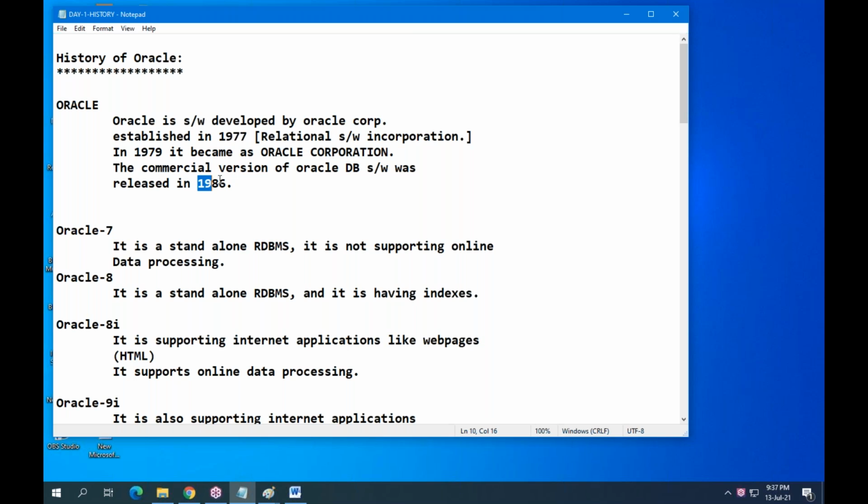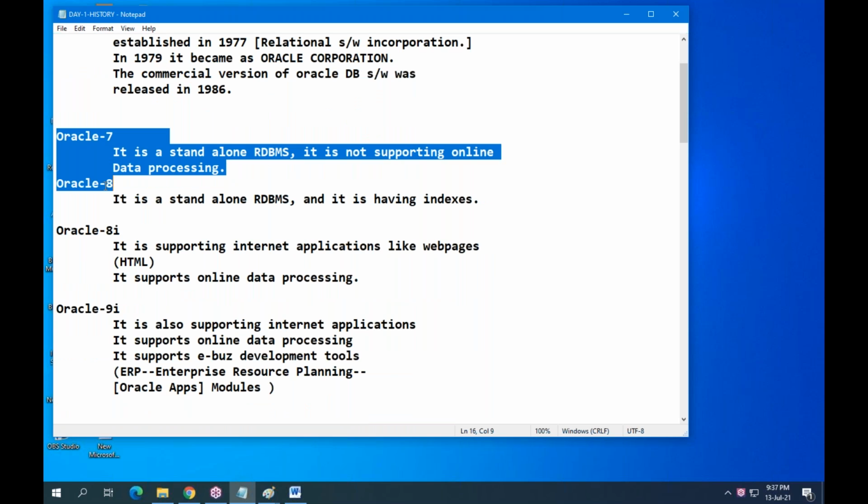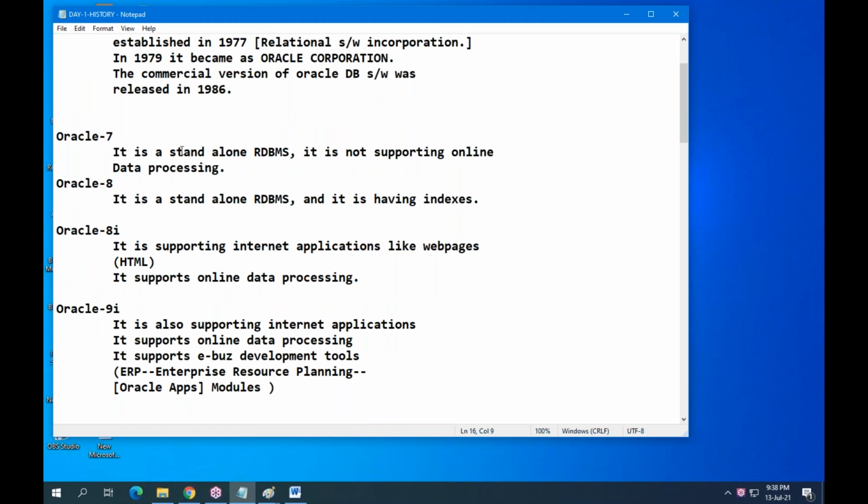And in 1986, the company released the first successful database version, Oracle 7. Later after that, Oracle 8. These two databases, 7 and 8, are known as standalone databases.